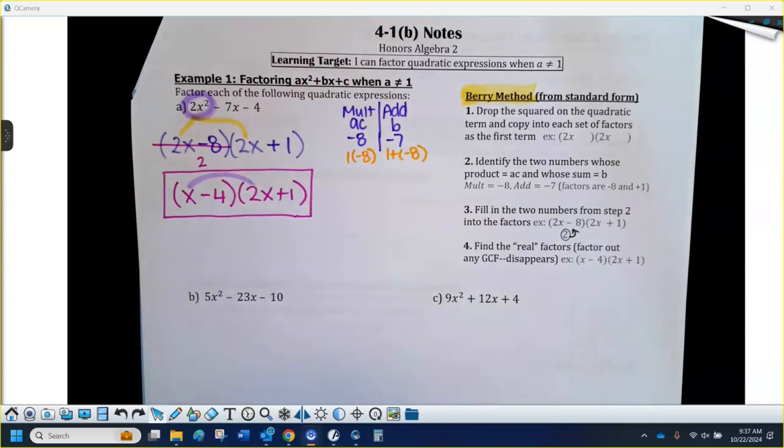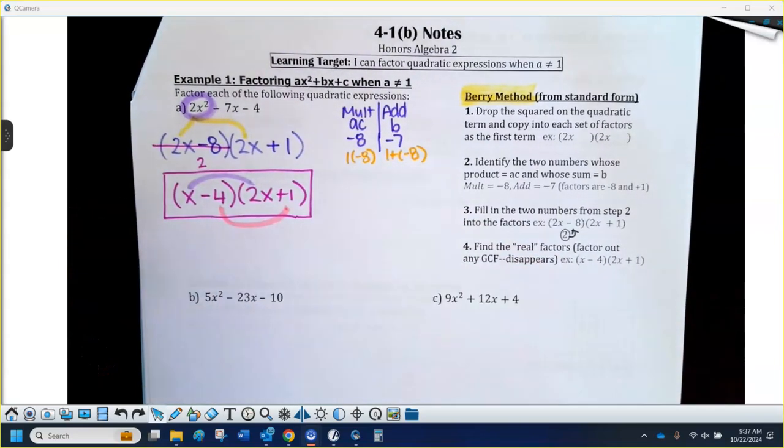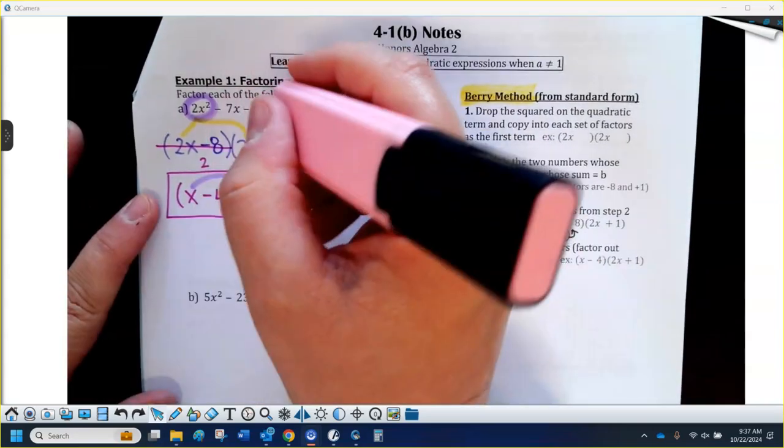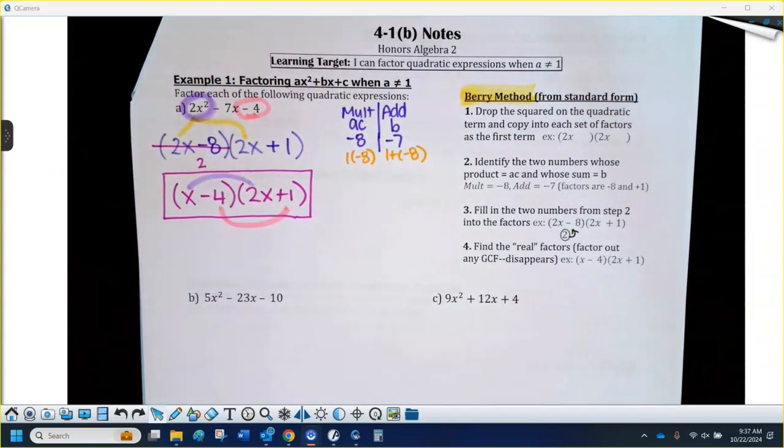That should be good. And then if you take the last two terms, the two constant terms, they're -4 and 1. If I multiply those together, that should give me the last term, which is -4 times 1 is -4. So I should be okay. So I just spot check all these problems real quick before I'm done. If you want to completely FOIL it out to check, you could totally do that. But I would at least take 1 second, check the first two, make sure it gives you the first term, and check the last two, make sure it gives you the last term in the original problem,